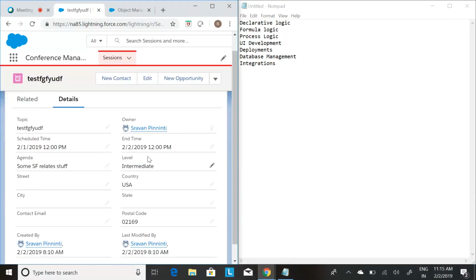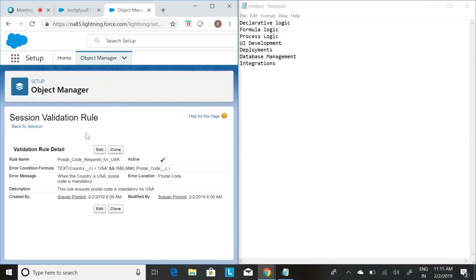What we can do here is calculate the duration. When you have a start time and end time, can we not calculate the duration? Let's say the start time is 12 o'clock and the end time is 2 p.m. What is the duration? Duration is 2 hours or 120 minutes. So can we write a formula to calculate end time minus start time, and it would automatically give us the duration, right? So going back here,